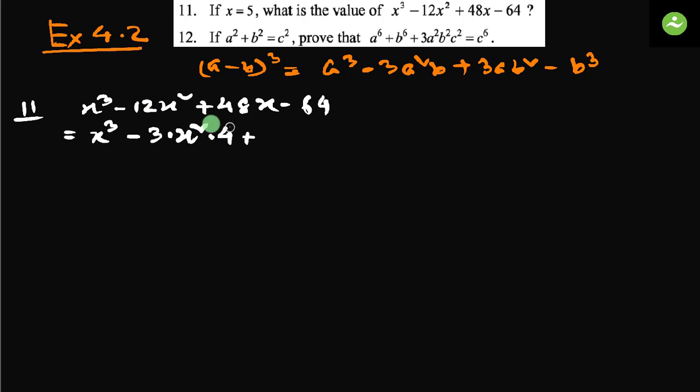We just changed the form, but the value hasn't changed. This is also 12x square and this is 12x square. Now plus 3ab square means 3x into 4 square. 4 square means 16. 3 into 16, 48. So 48x. The value hasn't changed. Minus 64, 4 cube. Value hasn't changed. This equals (a minus b) whole cube. We can write a minus b means (x minus 4) whole cube